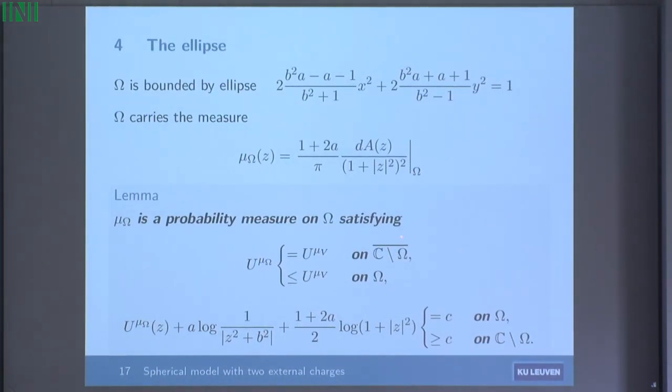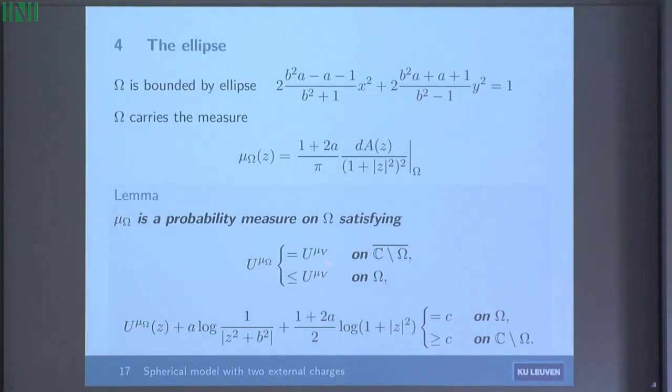So let's look at it. We constructed now two measures. One measure, mu v, is on the real line, on a finite interval actually. This finite interval is also related to this ellipse because it connects the two foci of the ellipse. Right? So mu v is supported inside of this ellipse,